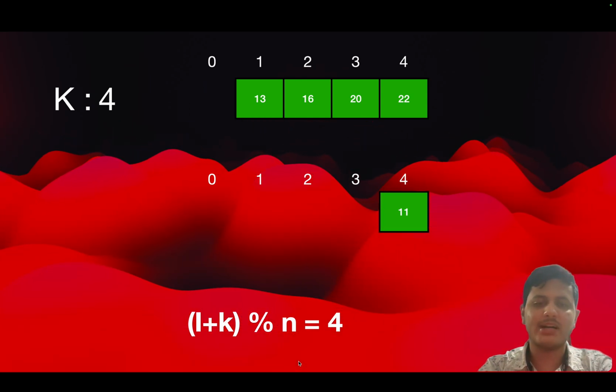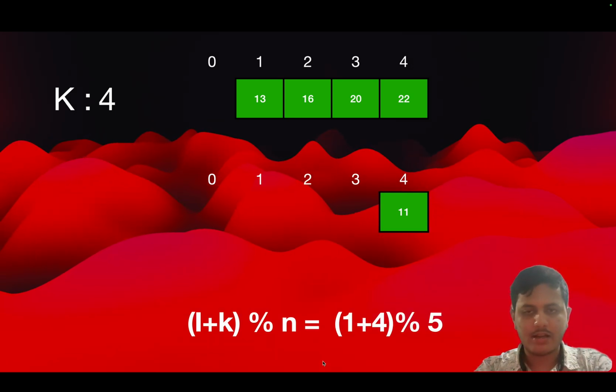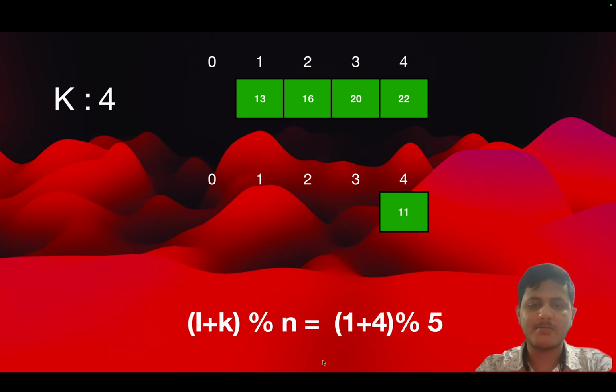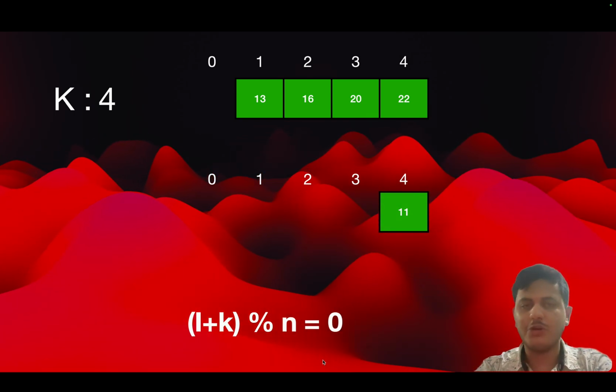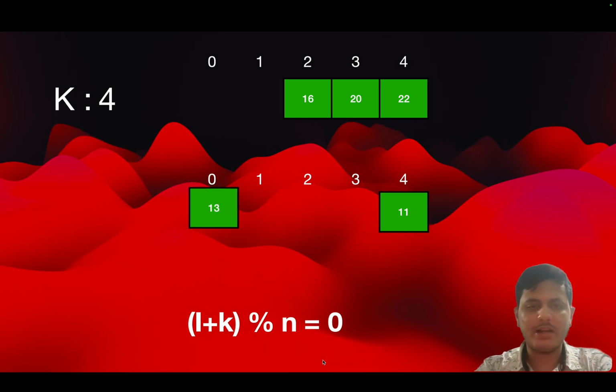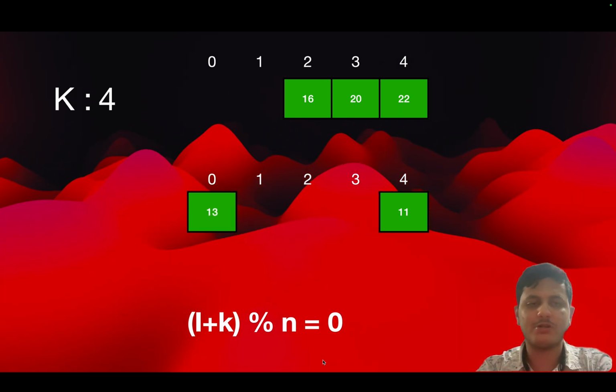As simple as that. Now let's do this again with the second element. The i will be 1 in this case, so let's calculate. So 0, so it will be in the 0th place. As you can see, it actually wraps around and goes to the 0th place.